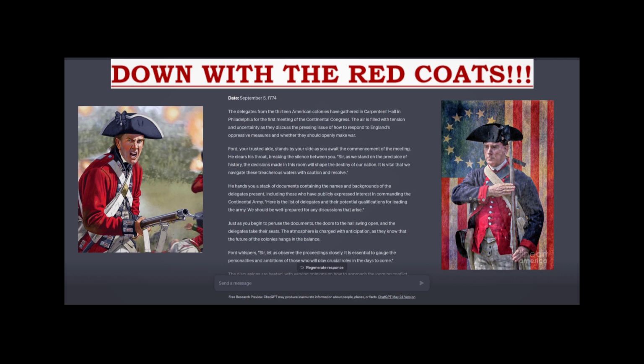So I spent a whole bunch of time making a prompt to put us back in the revolution. So it's going to go through a little prologue here with us, and it gives me a prompt which I'll read out to you in a minute. And we are going to play a military leader for the American Revolution, and we're going to get information every day from our aide, a character that I'm making ChatGPT play. His name is Ford, and built Ford Tough, and he is going to be giving us information, and then I'm going to be telling Ford, or ChatGPT rather, what I want to do. And that is going to really be the crux of this game.